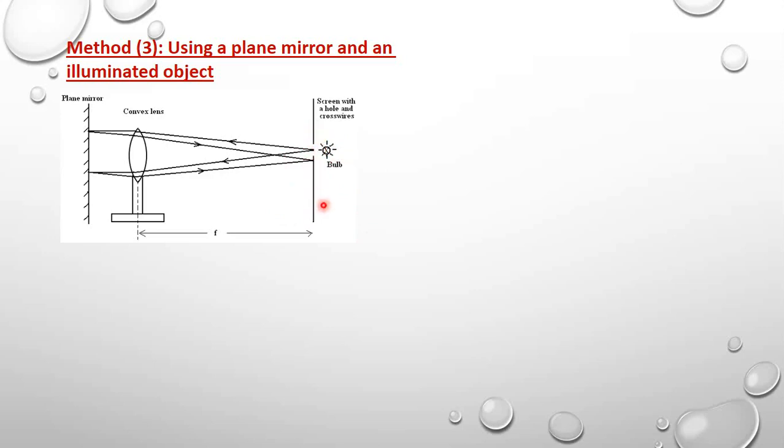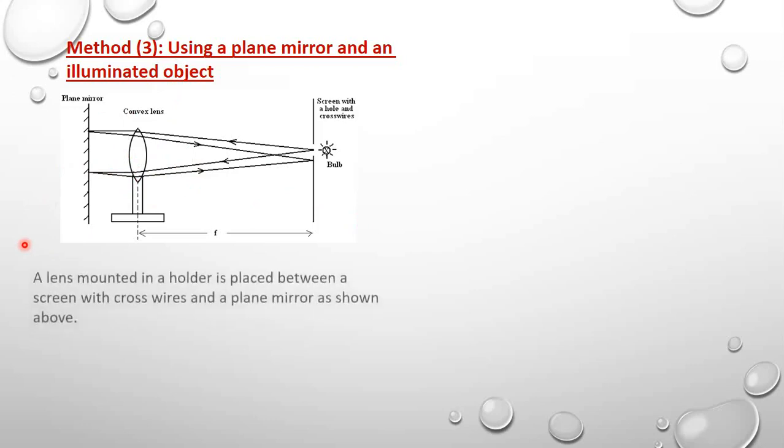The cross wire has been illuminated by this bulb, so it becomes an illuminated object. So we are going to place the plane mirror at a certain distance away from the screen, and then we are going to adjust or move this convex lens between the screen and the plane mirror until